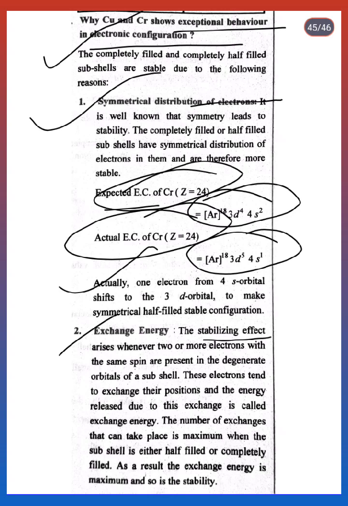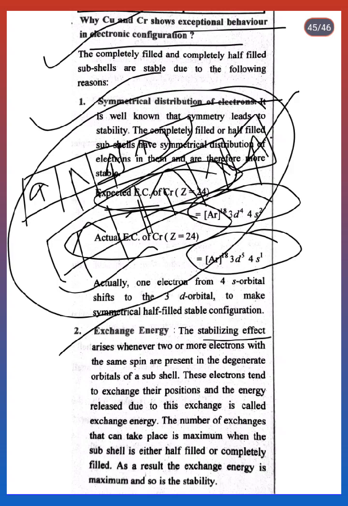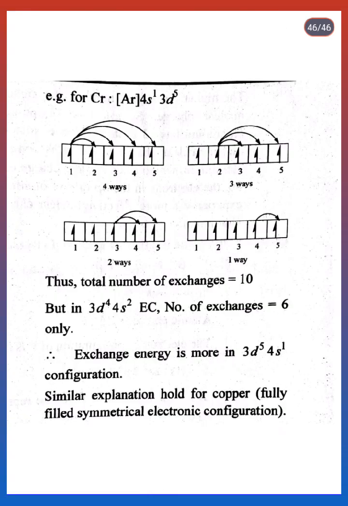So in this, let us first look at symmetry, the way we draw d orbitals: 1, 2, 3, 4, 5 orbitals. In d5, all five have single electrons, which gives the half filled electronic configuration. So half filled and fully filled electronic configurations become more stable. That is why the 3d5 configuration is more stable. In case of exchange energy value, we will deal with this,